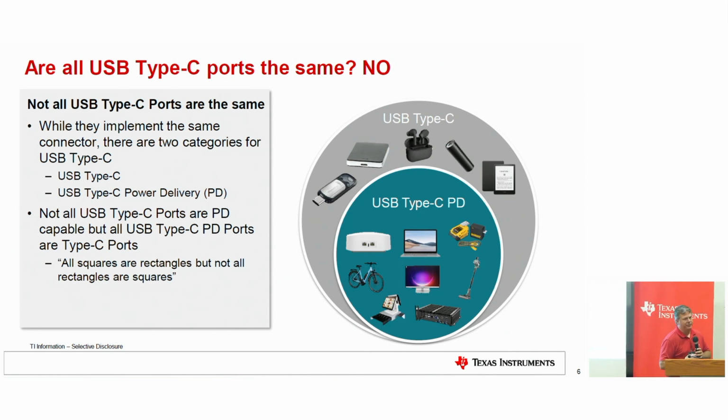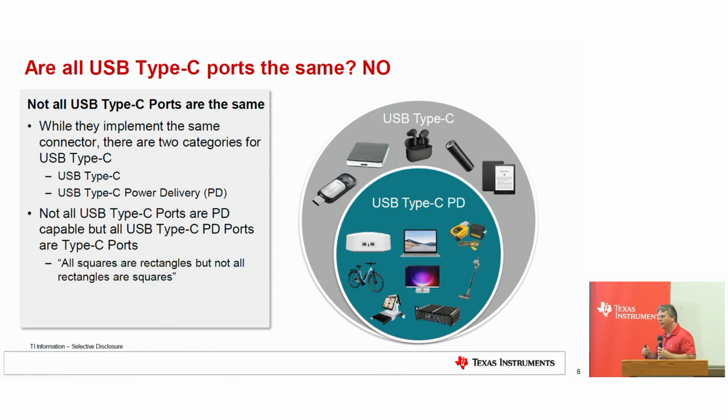So I kind of mentioned there's two aspects to USB Type-C. There's the traditional USB Type-C specification that works at 5 volts up to 3 amps. Very simple USB 2.0 kind of data transfer across. And then they came out with the USB PD spec that allows you to negotiate different voltages. So you can do 5 volts up to 20 volts on the traditional spec and up to 5 amp. And then the latest USB PD 3.1 spec allows you to go up to 48 volt